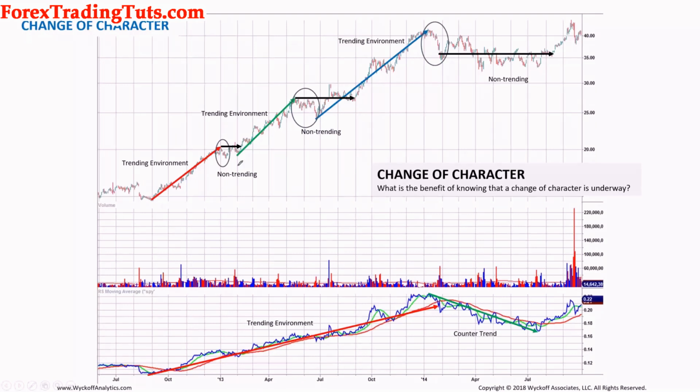And let's look at the examples of a change of character and how it unfolds. And I'm going to show